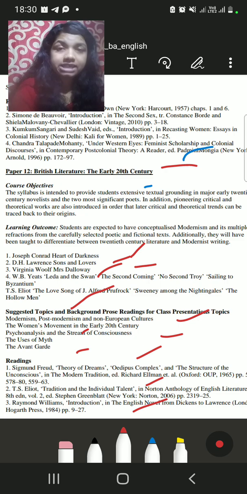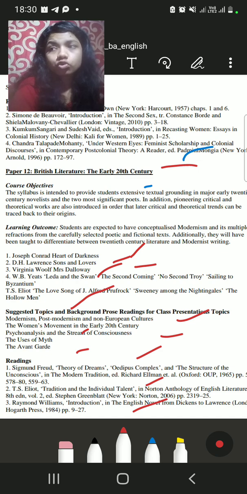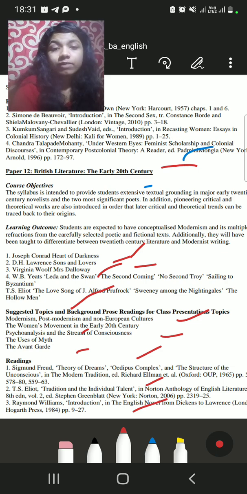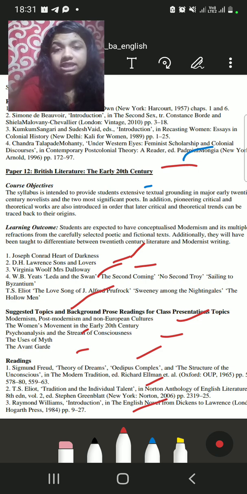So then D.H. Lawrence, Sons and Lovers. D.H. Lawrence is the most important modernist novelist. Those who know would understand the value of that novel, because this is the most important text. From here questions come, be it in UG, PG, and even in other national level exams. It's the most important text. Sons and Lovers is a novel which is sometimes interpreted as autobiographical too. We'll deal with this. In this context, you have noticed in suggested reading we got one section called Theory of Dreams, Oedipus complex by Sigmund Freud. That's necessary for Sons and Lovers. Okay.